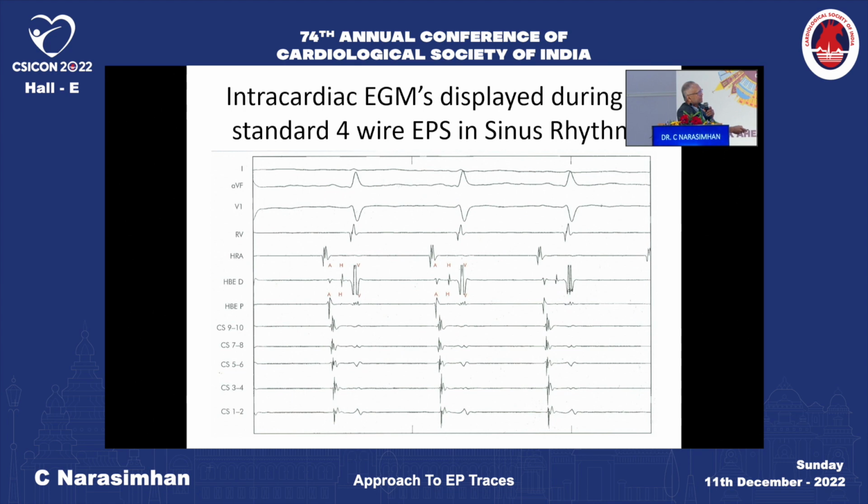So basically, when you look at the sequence of tracings, you have the recorder which runs at 50 or 60 millimeters per second speed, and various electrodes. For example, conventionally for a supraventricular tachycardia, we have a high right atrium, His bundle recording, and then the coronary sinus. Now looking at this, where the P wave starts, the high right atrium is the earliest